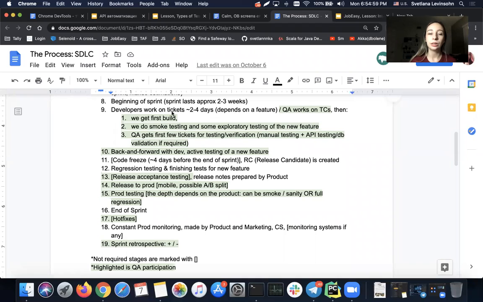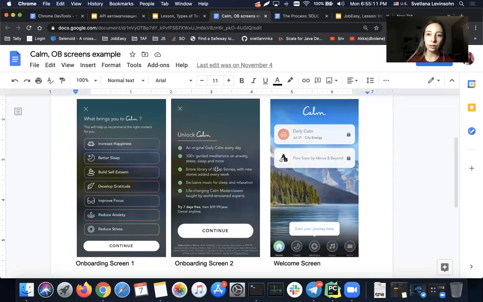So during the beginning of the sprint, we as QA engineers analyze business requirements and work on the test cases. So now we have this design, we have a product spec that describes what a certain functionality should be doing. And basically we will come up with test cases for each and every screen and put those test cases into the test trail. Again, at this point, nothing to test yet. We just come up with test cases based on what we see here. Then